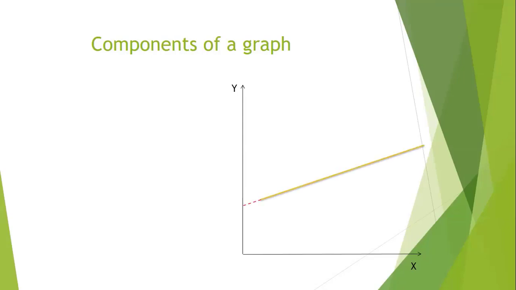The line can be anywhere, but there is a hypothetical starting point. That's why I added some dots here. For each line, there is a starting point. It can start from the axis, or if it does not, then it has a hypothetical starting point. Why do I call it a starting point? Since the line is explained by the independent variable, the line will start when the independent variable is not zero. It will be 1 unit more than 0.